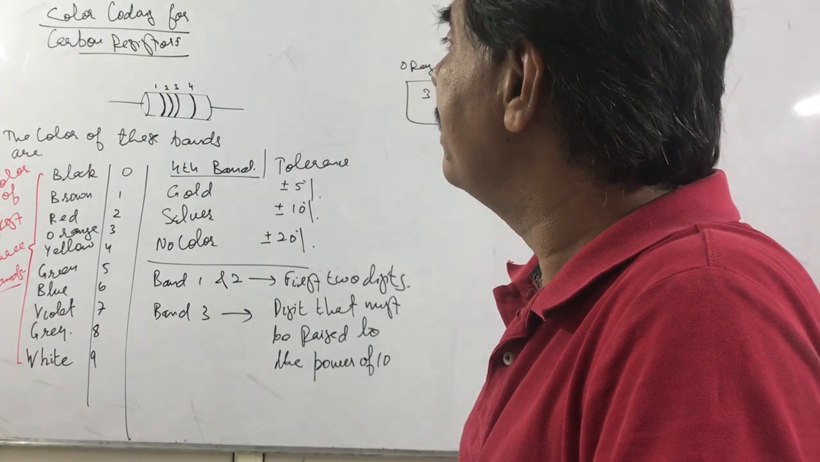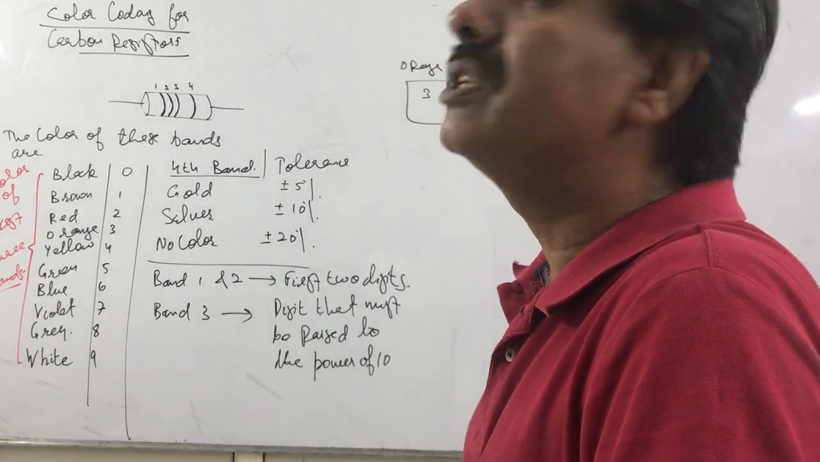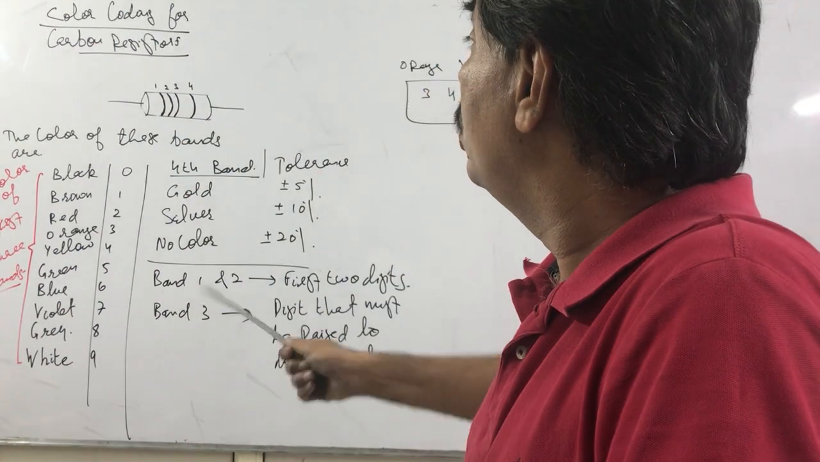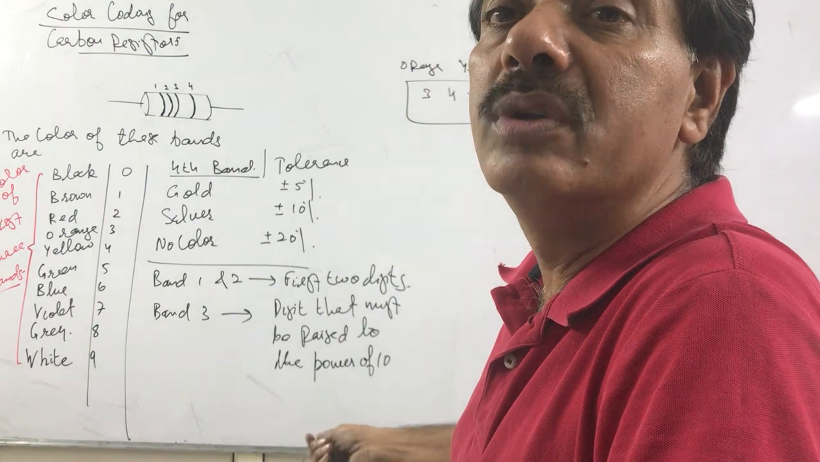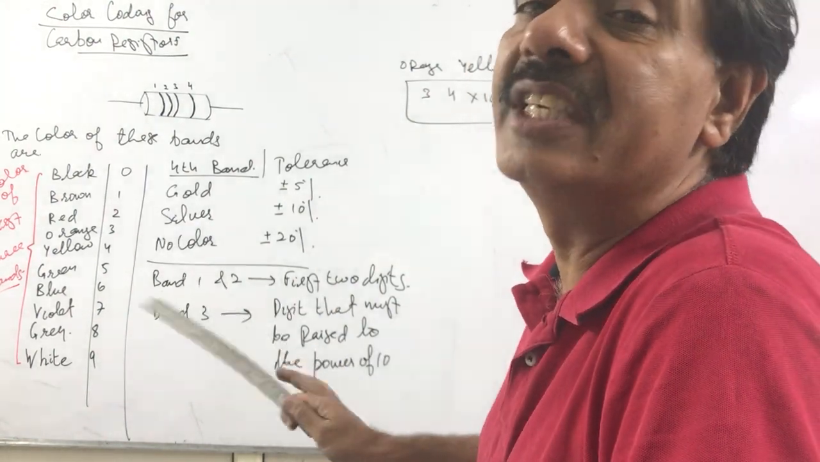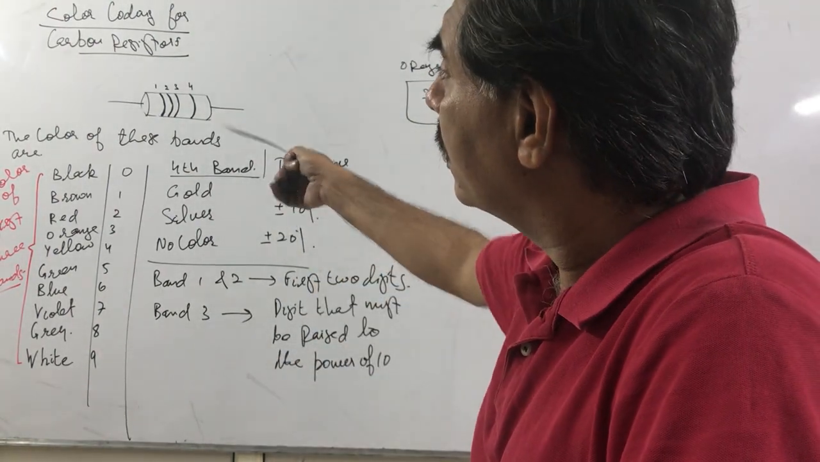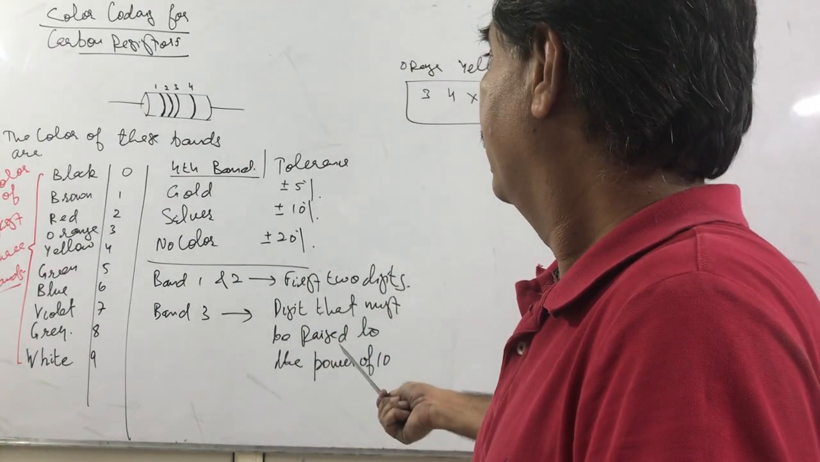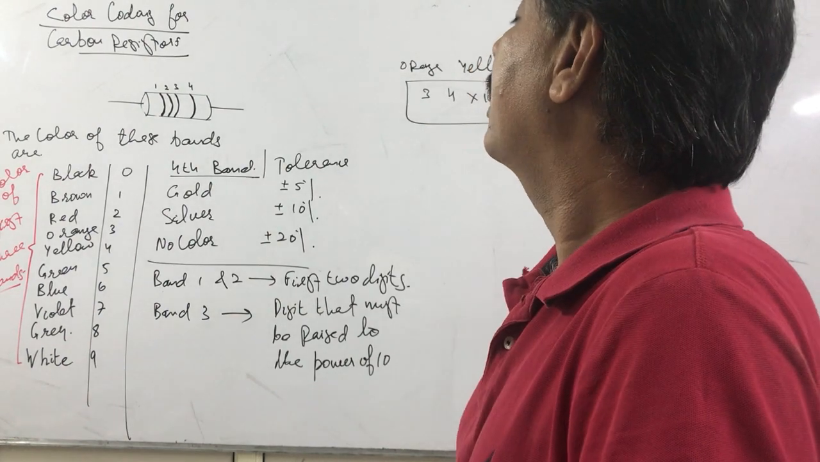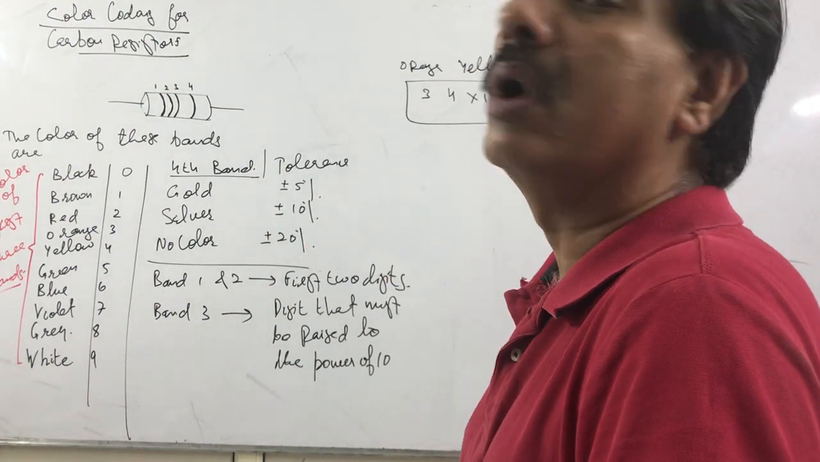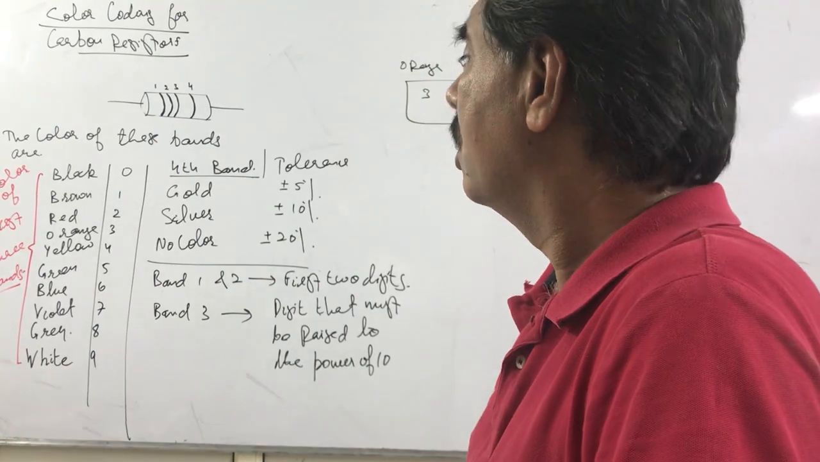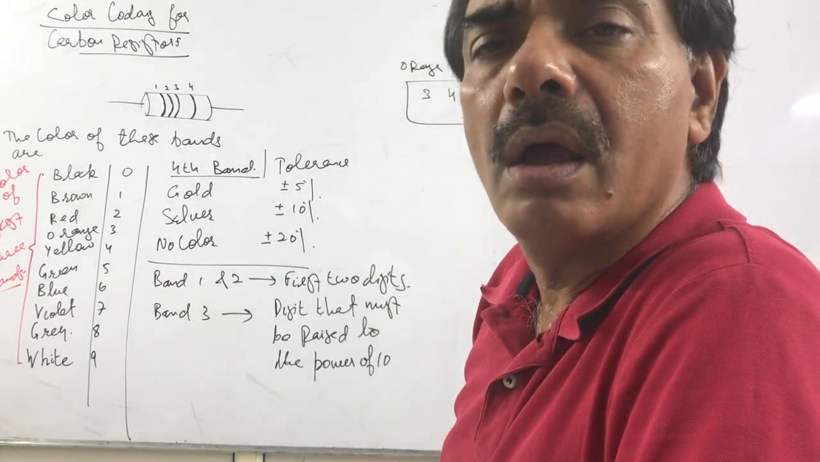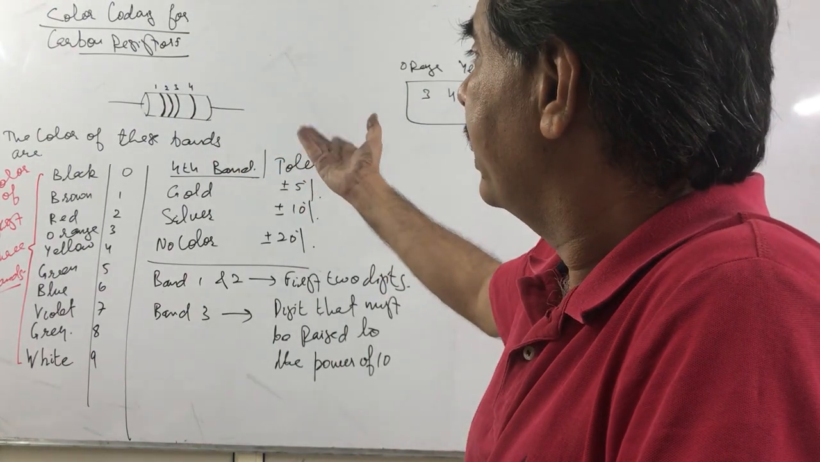The color of the first 3 bands will give us 3 digits, out of which the first 2 digits would represent the first 2 significant figures in the resistor. The color of the 3rd band will give us a digit which will be raised to the power of 10. And the color of the 4th band could be gold, silver or no color, and this would give us the tolerance. कोई और एग्जांपल ले सकते हो, जैसे सपोज करो सारे ग्रीन है,